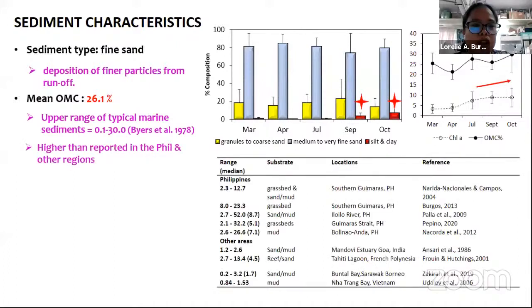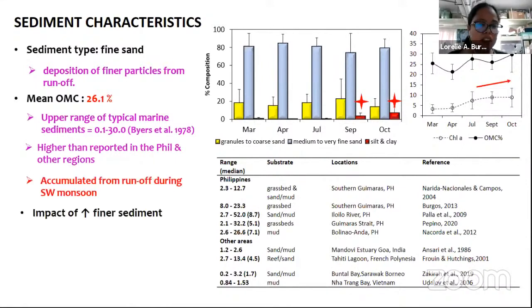High organic matter content actually renders the sediment anoxic, but what would have a larger impact on the benthos, especially in the polychaetes,